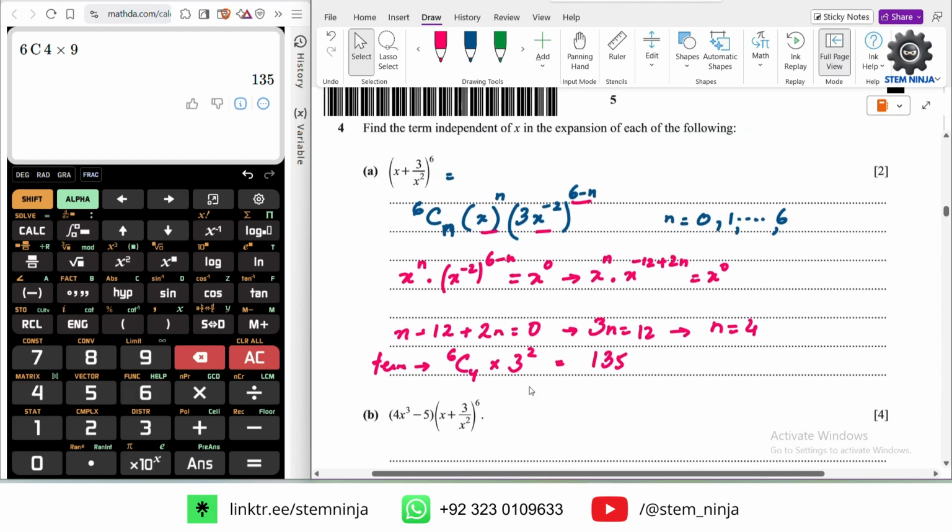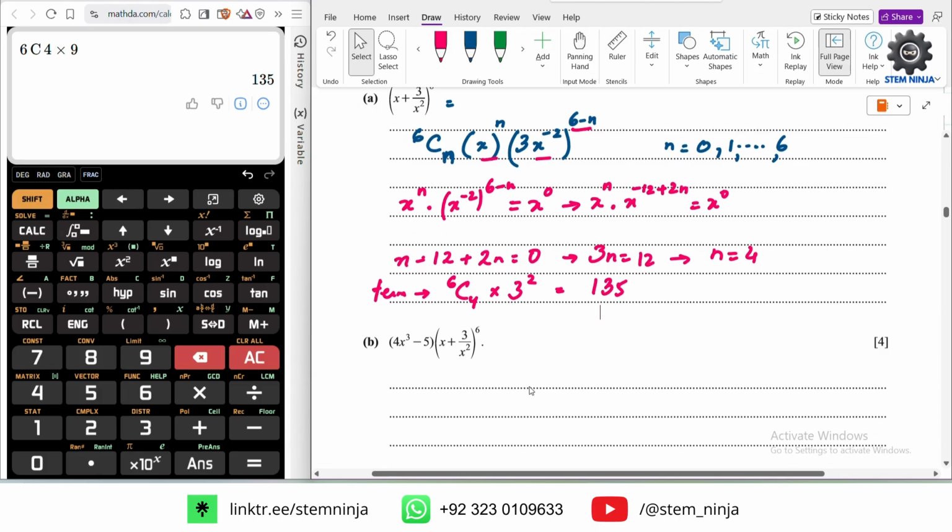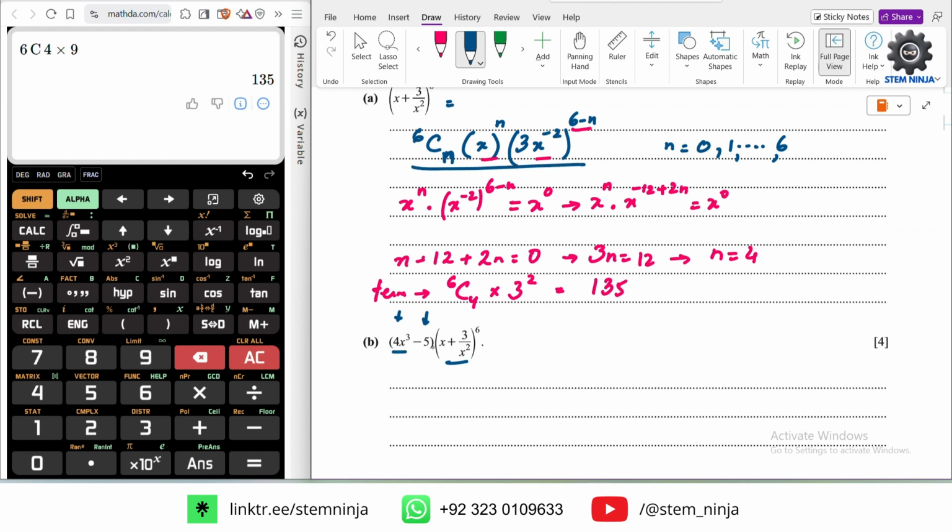Okay. Now, we are going to perform the same operation with this one. However, there are two factors where this expansion is multiplied. So we have to choose different things for that. So where this is multiplied with this first, and where this is multiplied with minus 5. So the minus thing will happen. So basically what I'm saying is you have 6cn